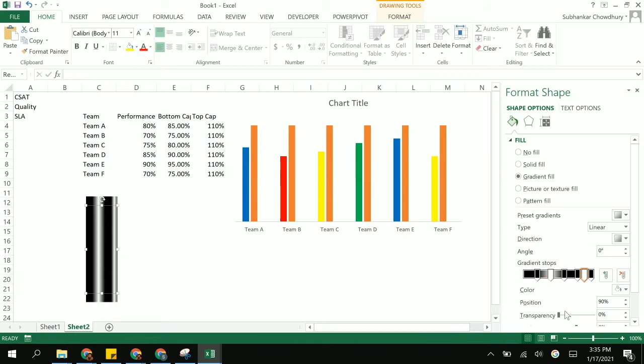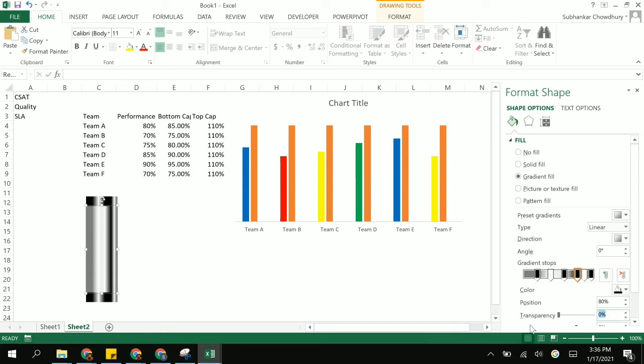The gradient fills would be same. All we need to do is, because it's a tube, there needs to be a transparency, right? So I'll give a transparency for the first one, let's say 50%, the first stop. Second stop, I'll give a transparency of 75%. Third one, I'll give it a 100%. We need to do it the reverse way for the remaining 3.